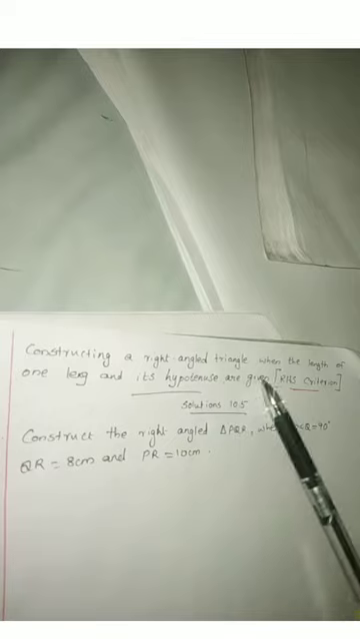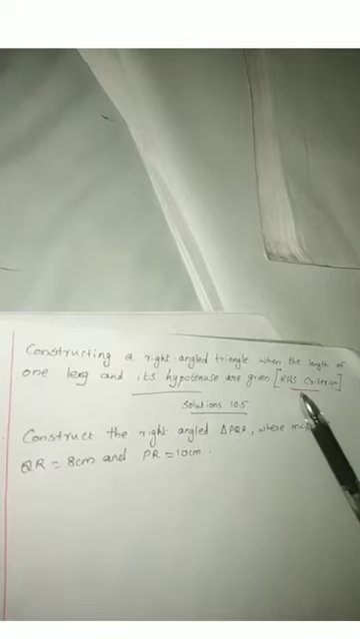Now we can discuss constructing a right-angled triangle when the length of one leg and its hypotenuse are given. That is the RHS criterion. So here we know what a right-angled triangle is. That is, one angle will be 90 degrees. That is a right-angled triangle. That means, if there is a line,